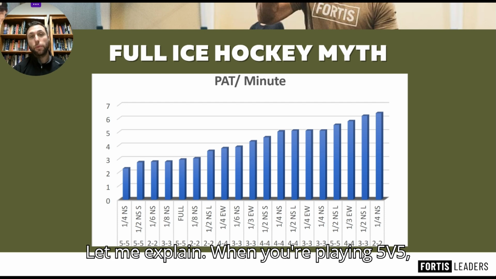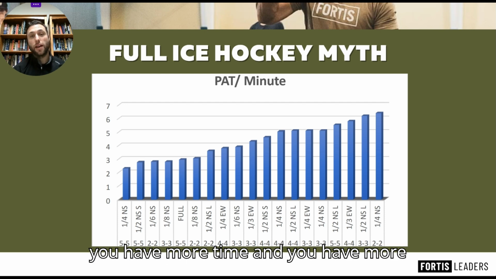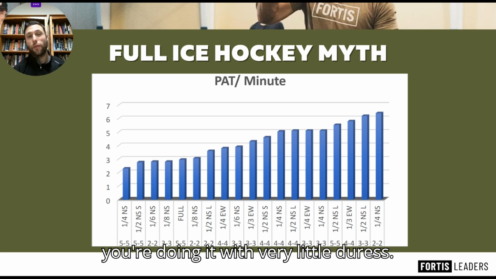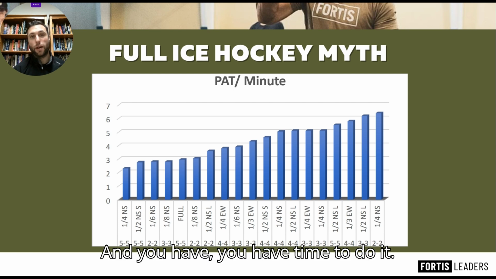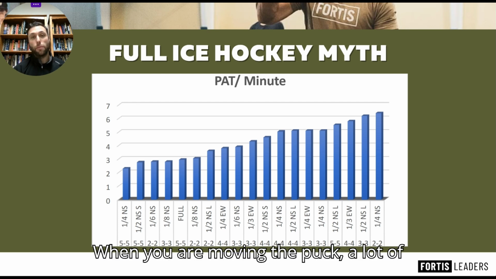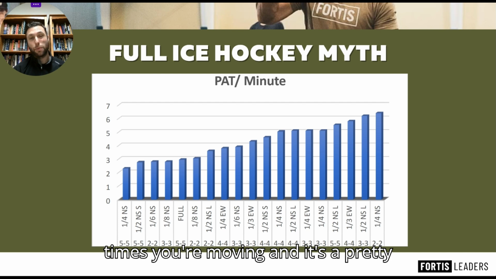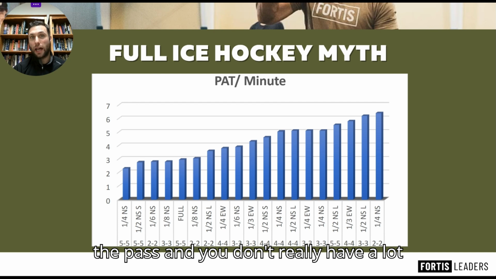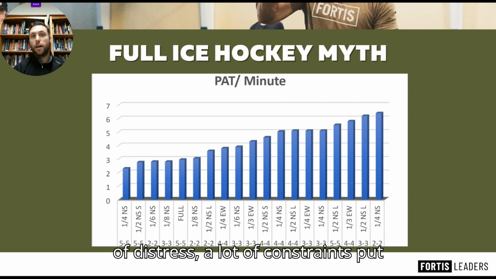Let me explain. When you're playing 5v5, you have more time and more space, especially at the mite level. There's tons of time, there's tons of space. And so when you shoot a puck, you're doing it with very little duress. You have time to do it. When you are moving the puck, a lot of times it's a pretty easy pass. There's an easy lane to make the pass, and you don't really have a lot of distress, a lot of